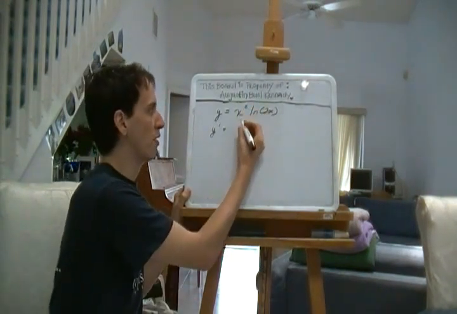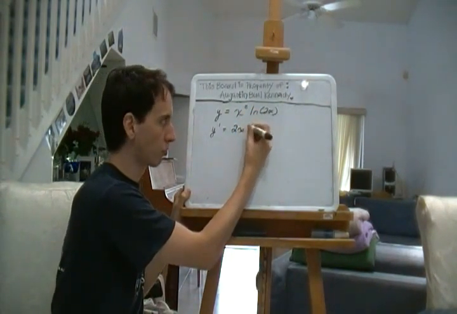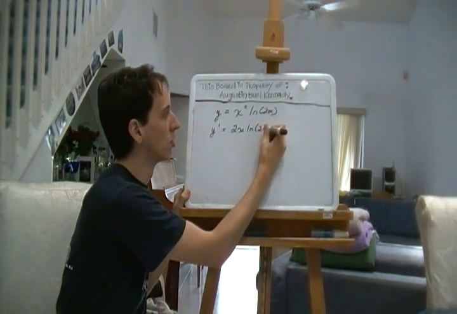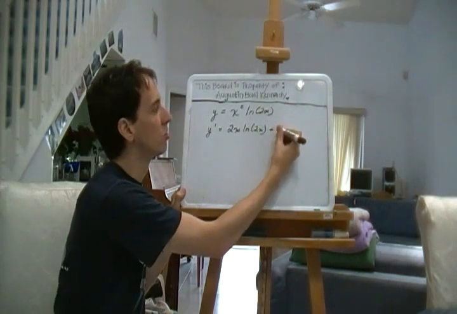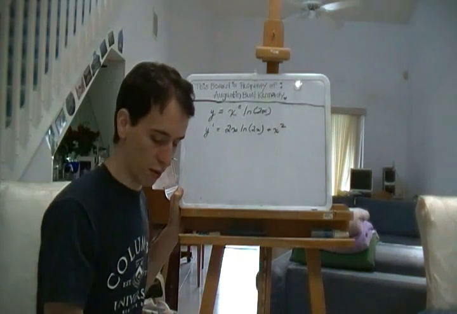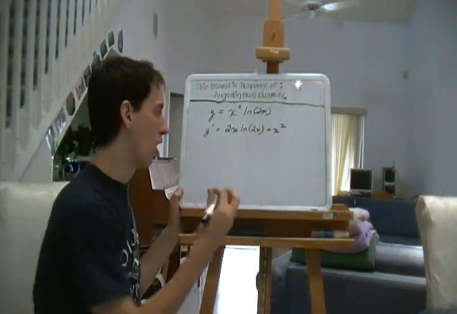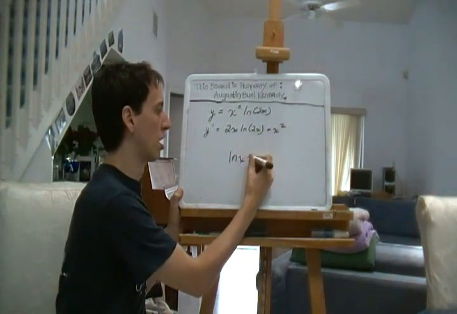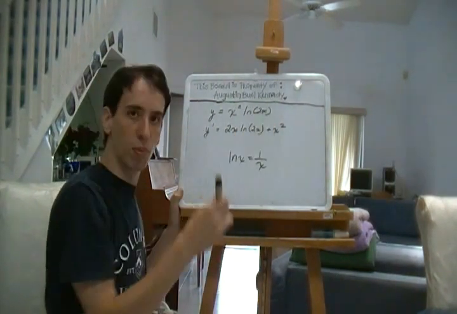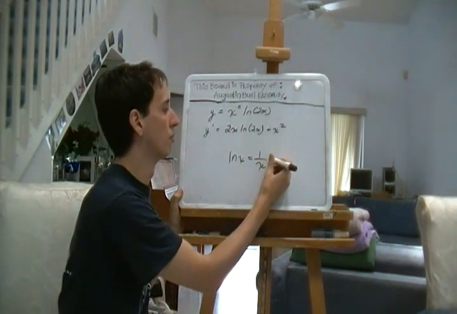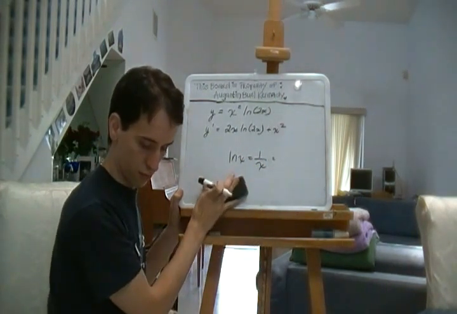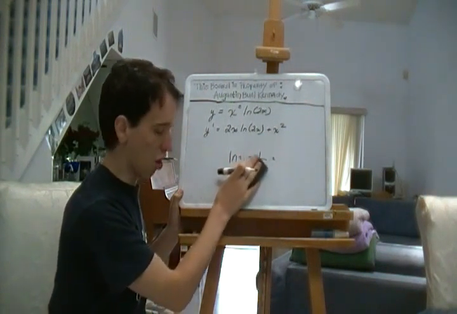So let's do it this way. Derivative of the first is 2x times the second, ln 2x, plus the first times the derivative of the second. Now, the derivative of the second, we know that the derivative of ln x is 1 over x. But we know that the derivative of the inner part, because of the chain rule, is going to be 2. So,